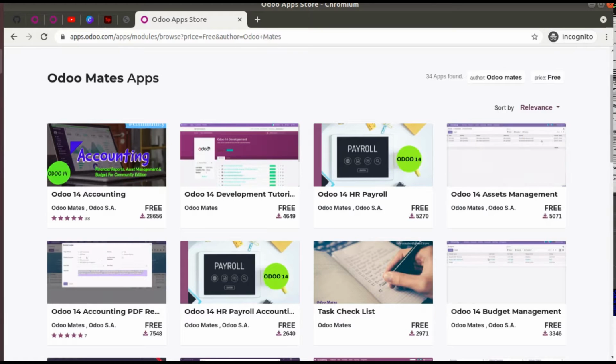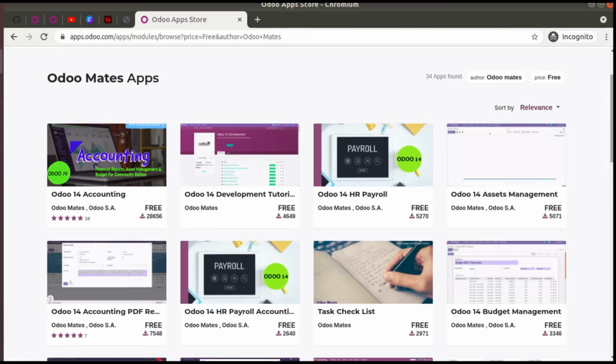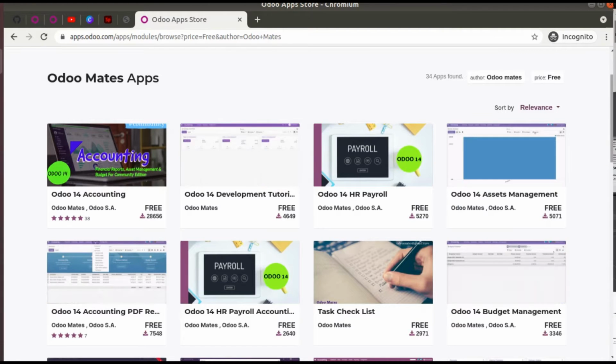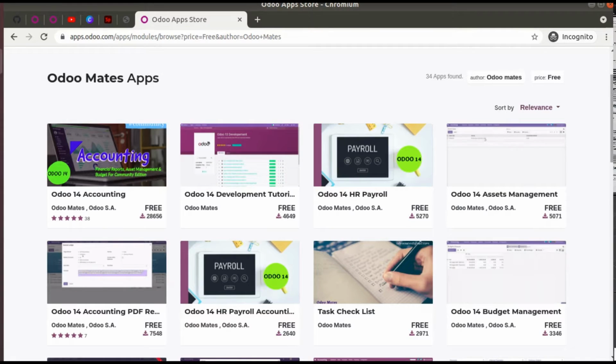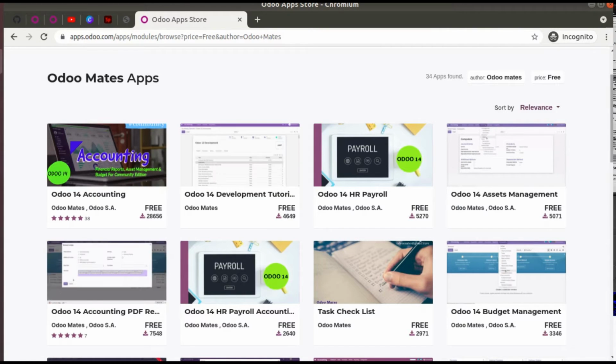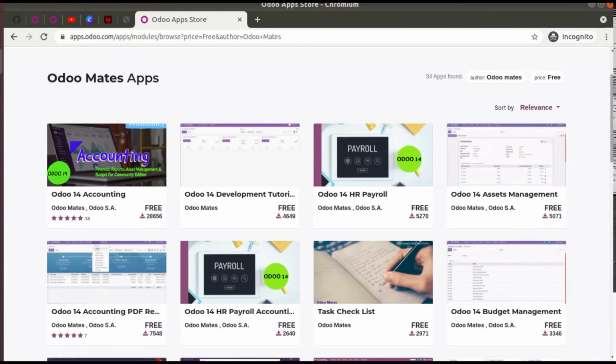Either you can sell a module as a free module or as a paid module. The decision is yours whether to sell it as a paid module or as a free module. Before starting this video, you should have an Odoo account and you should have a GitHub